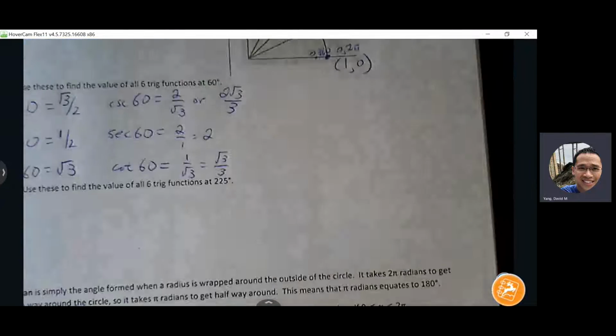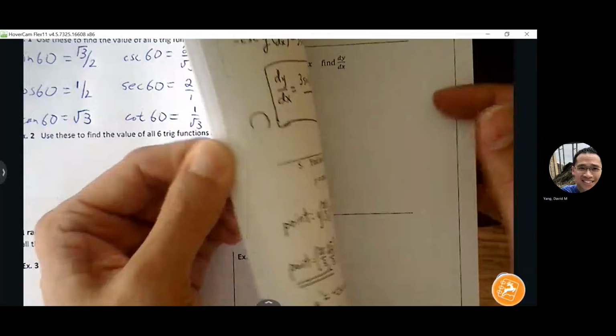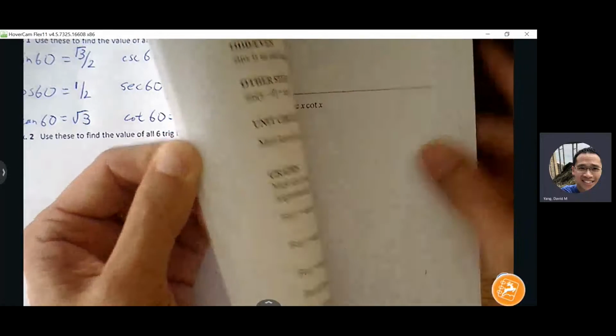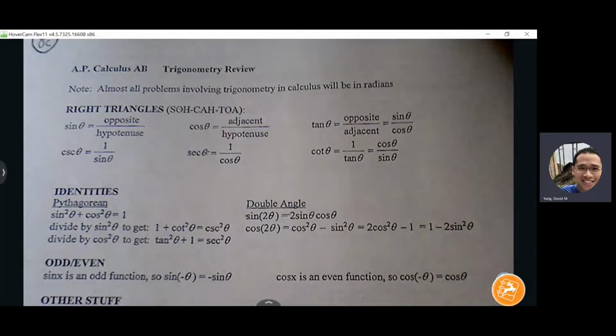One more thing I want to do before we go to our test review is make sure that we know, oh, sorry. Okay, page 8c. I want to highlight the things that we should know. We should know all the